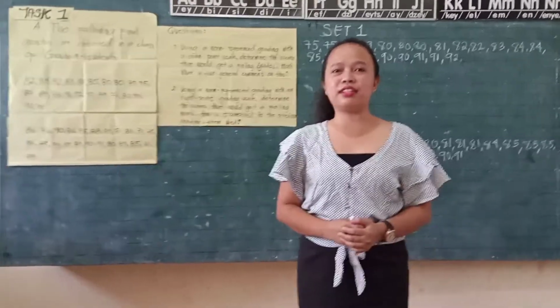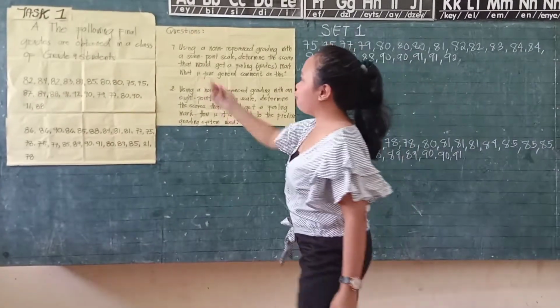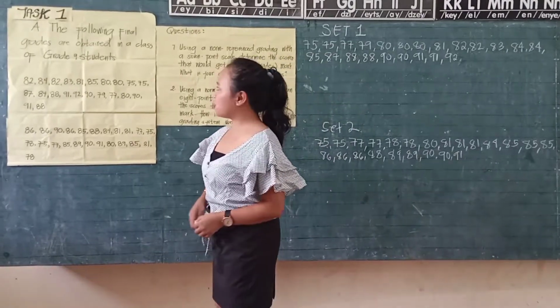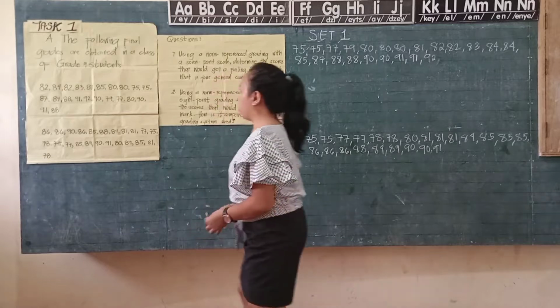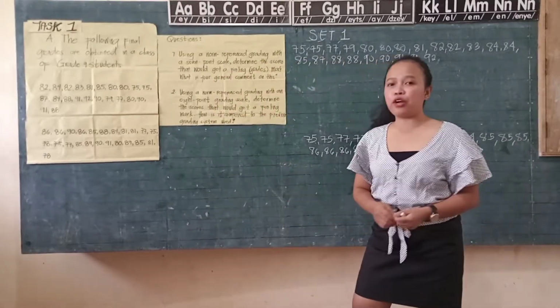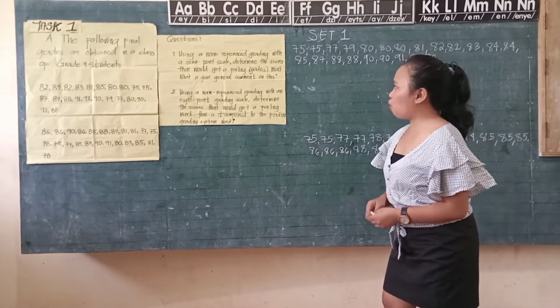Computation of grades in secondary learning areas. So for task 1, we have the following final grades obtained in a class of grade 9 students. So we have the set 1 and set 2 of raw score. And the question number 1, using a norm-referenced grading with a 7-point scale, determine the scores that would get